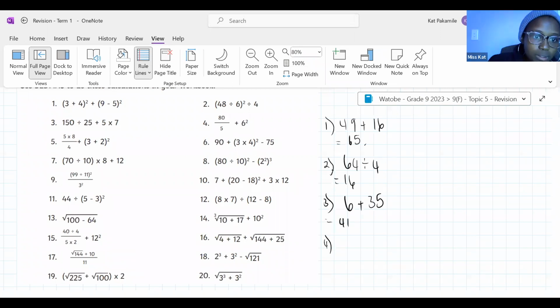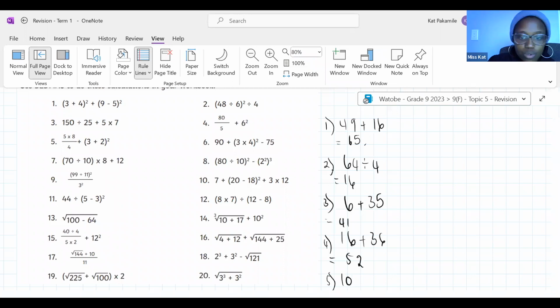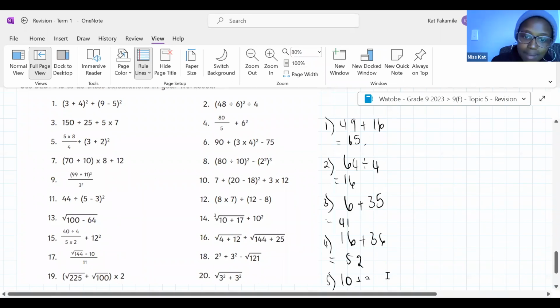So it's 116 plus 6 squared, which is 36. And that's going to be 4252. And 5 times 8 divided by 4 would be 10 plus 5 squared, which is 25. And then my stylus was like, I'm not going to work anymore. I'm tired. Plus 25, which is 35.